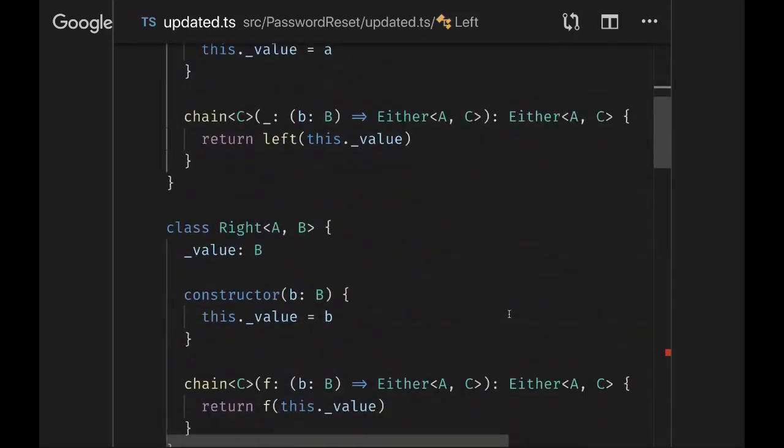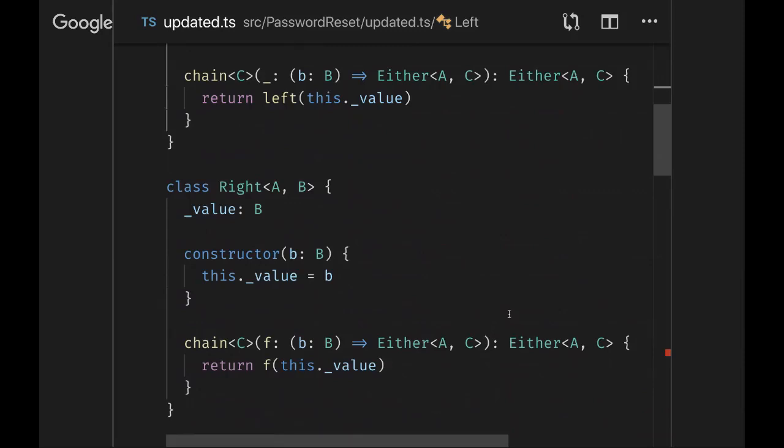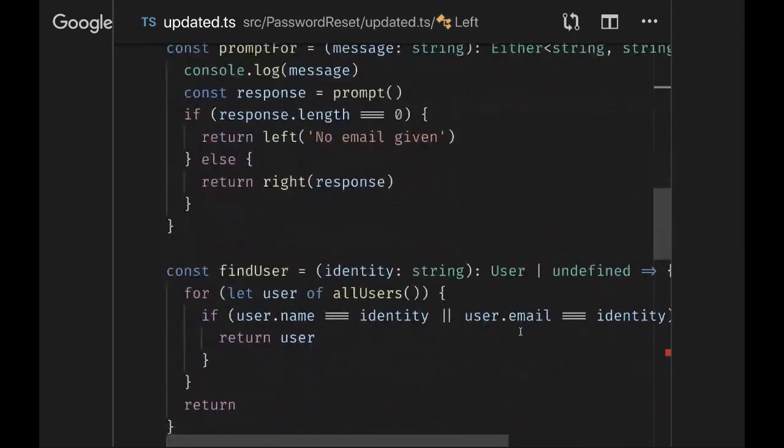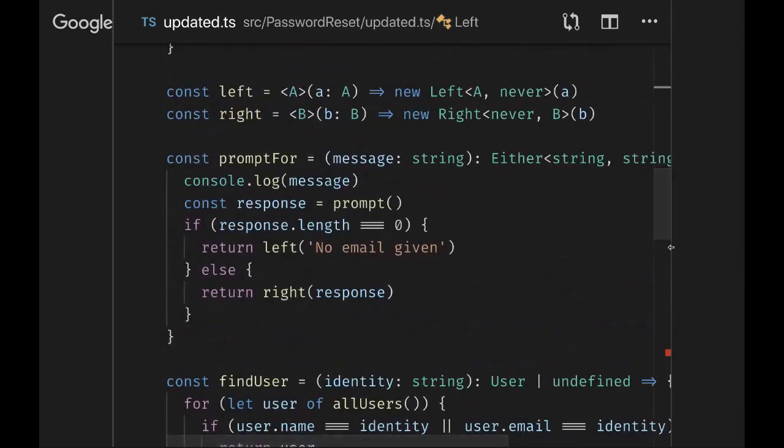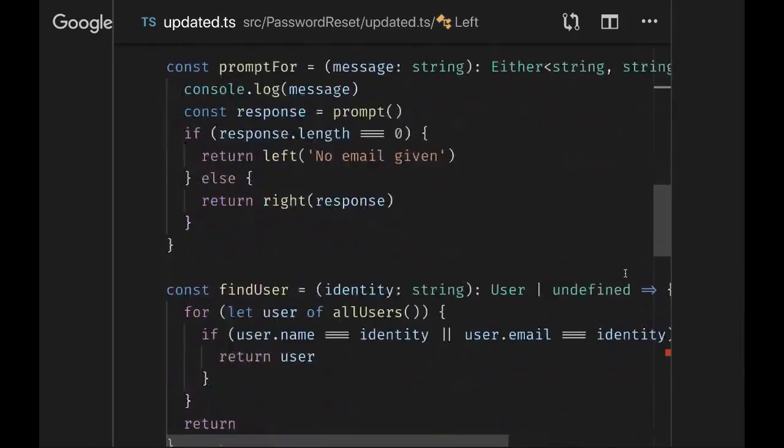If you have an either, you just know it's left or right, but left and right both have a chain method at the same time. So whatever you have, you can chain on. If you're chaining on a left, it doesn't do anything. The function just returns the value you had here. If you have a right, it actually does apply the function. That's the idea. Okay, so anyways, that all given, let's finish converting these functions,